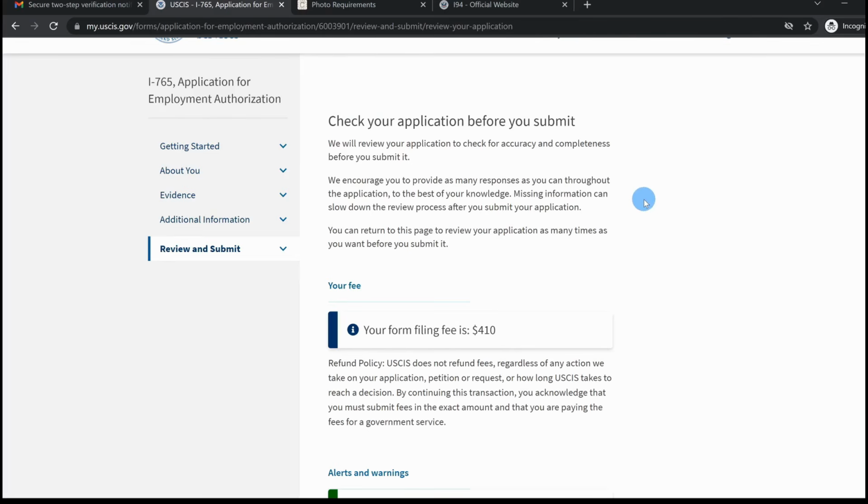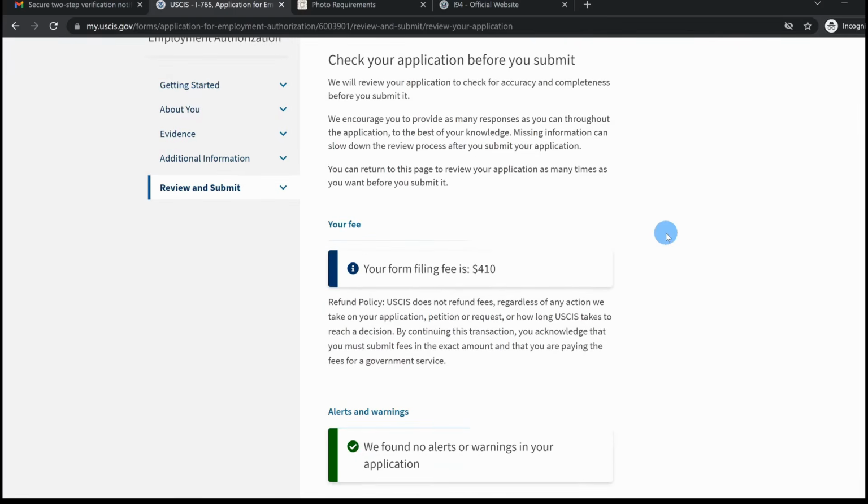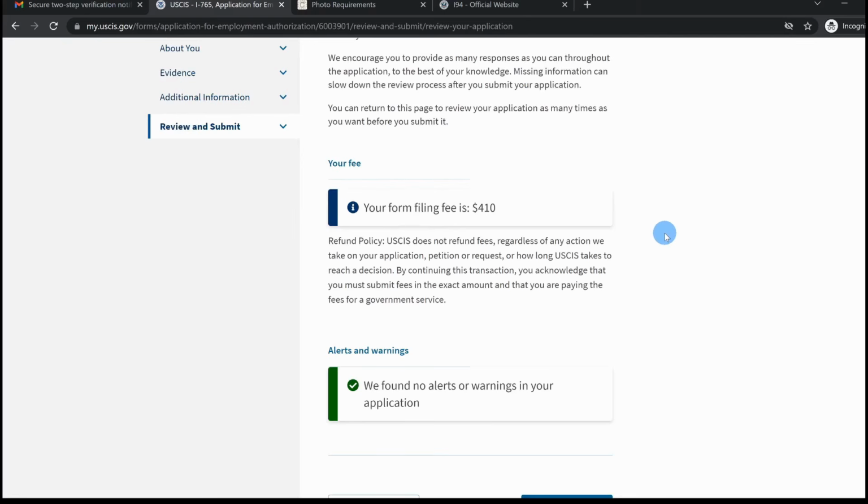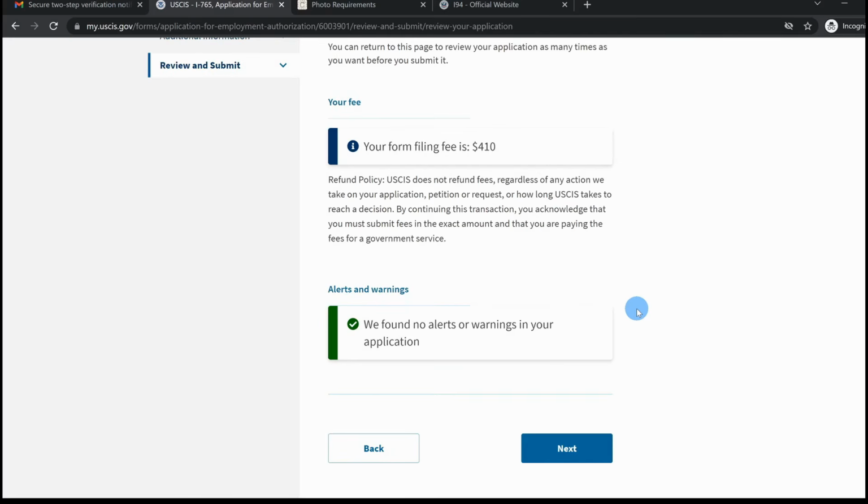And that brings us to the final section, which is the review section, where it's very important to look over your Form I-765, making sure that you have no missing entries or that you haven't entered any incorrect information. Now note that this online application system doesn't stop you from submitting an incomplete or an incorrect I-765 application. So you must review the responses you've provided on the Form I-765, even if you do not receive any error